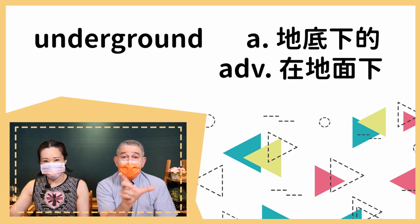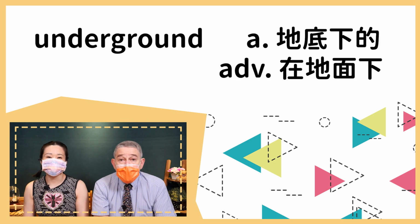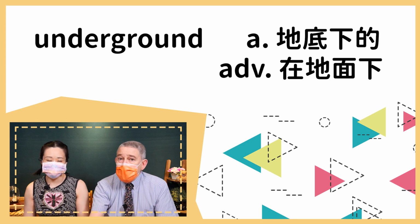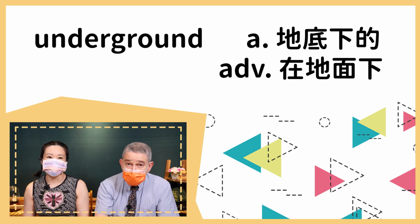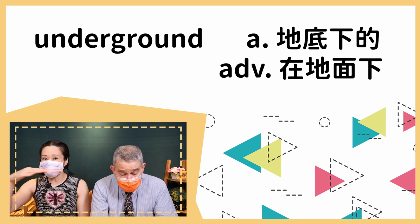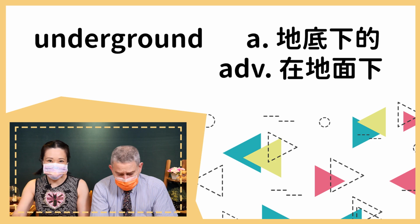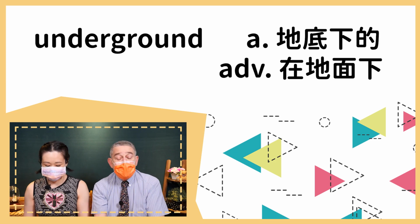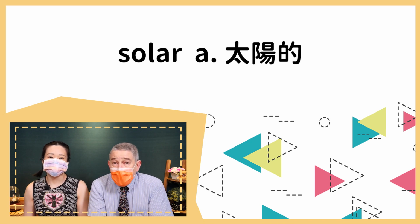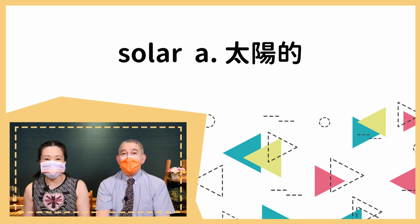Next, underground is a compound word. Under is beneath, and ground is usually ground is on the surface of the land. Under it or beneath it can be very different from what's on top of it. 没错，所以一个是地面，地面上哈，那另外就是在地下的。 And our last word, which we discussed in detail earlier, solar, again, is one of two common adjectives from the noun sun. 所以 solar 呢是 sun 的形容词，然后是指跟太阳相关的。